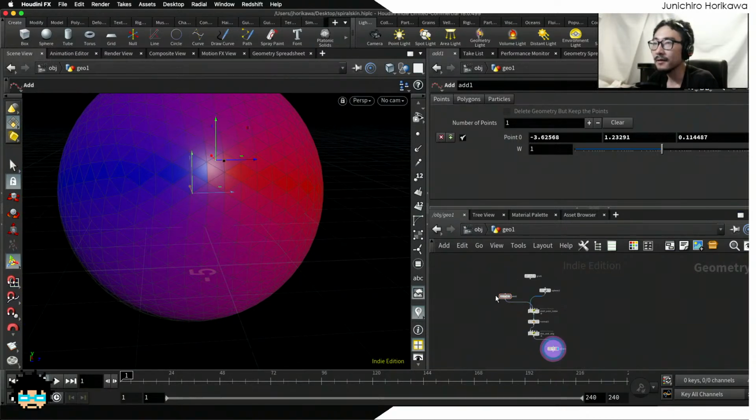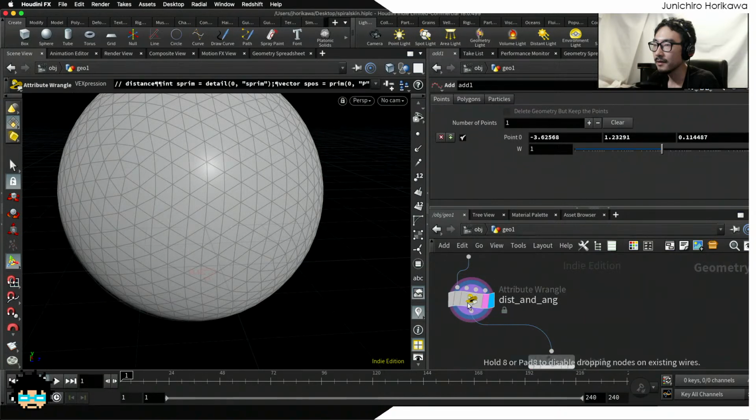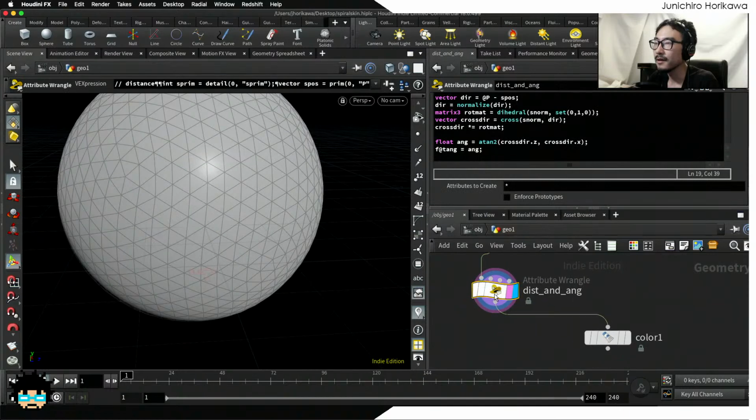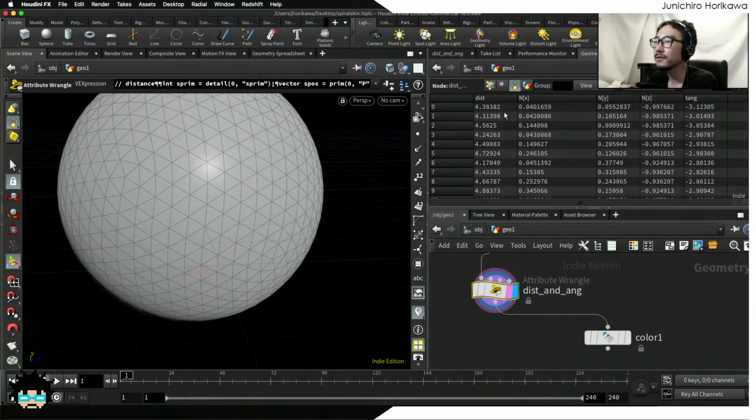Okay, so now we have got the angle distribution. It's time to use those values, both distance and angle, in order to view it as a fractal, not the fractal, the spiral wave, right? So let's do that. Going back to the primitive wrangle, currently if you look at the primitive attributes, you have distance and angle right here. I know the angle range is between minus pi to pi, but the distance